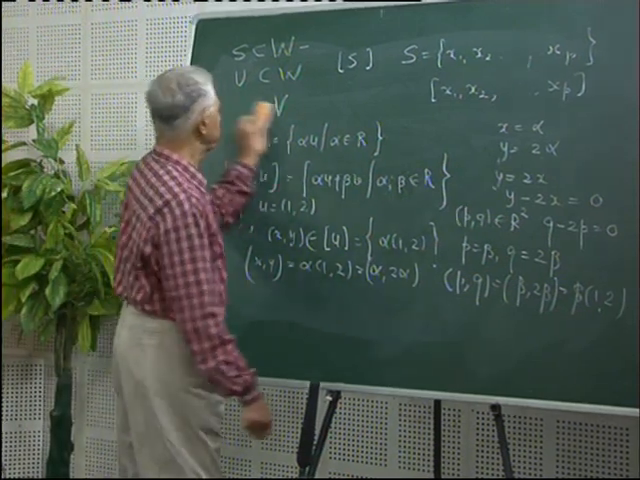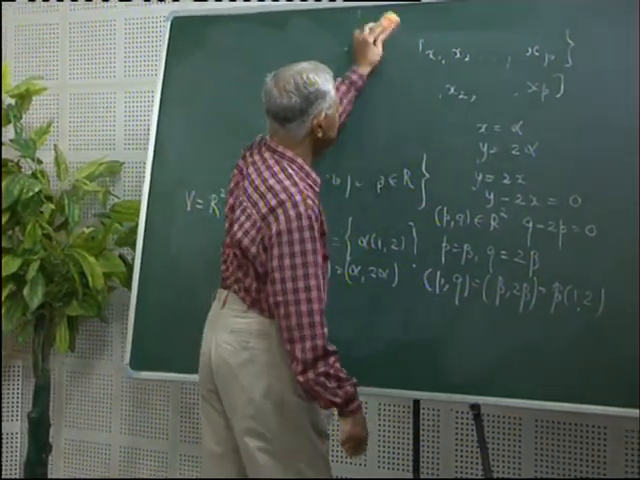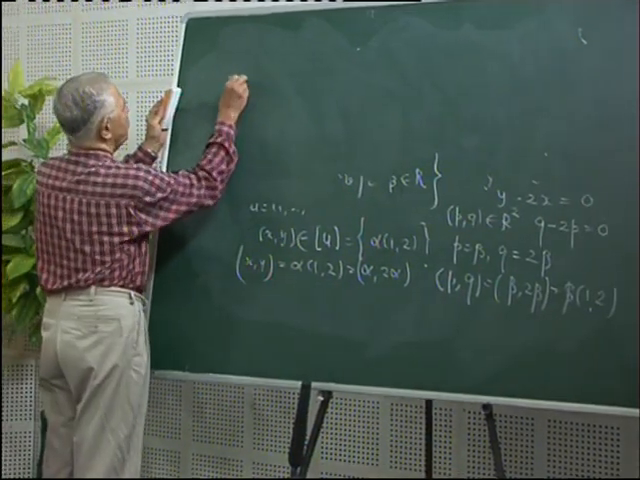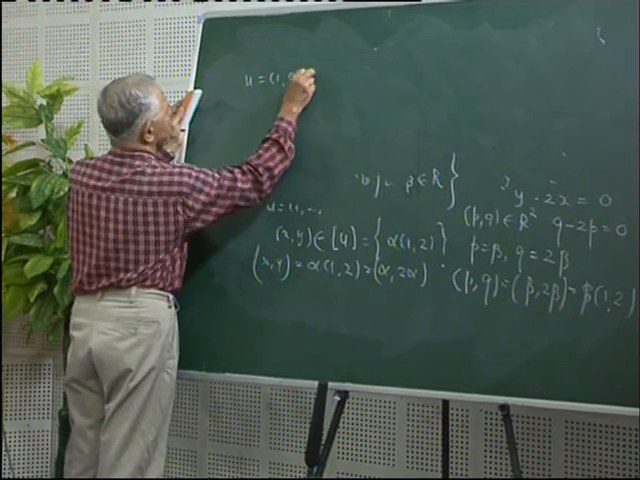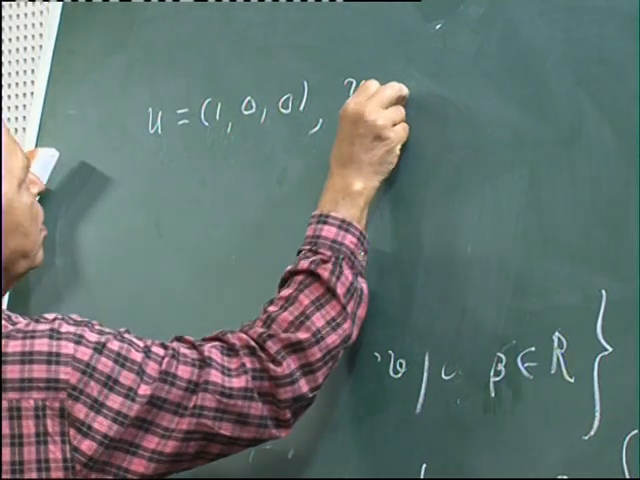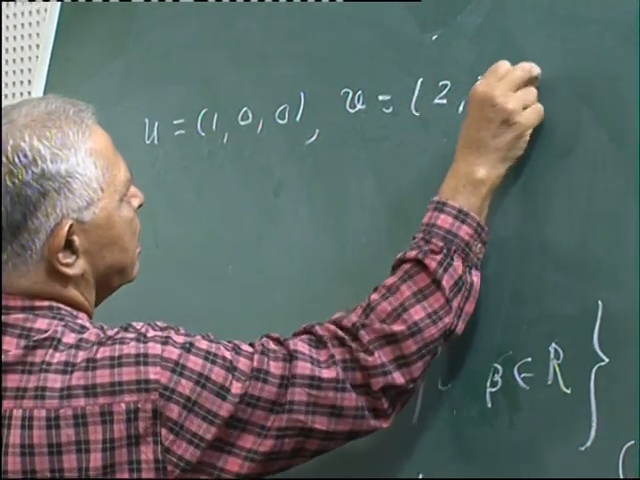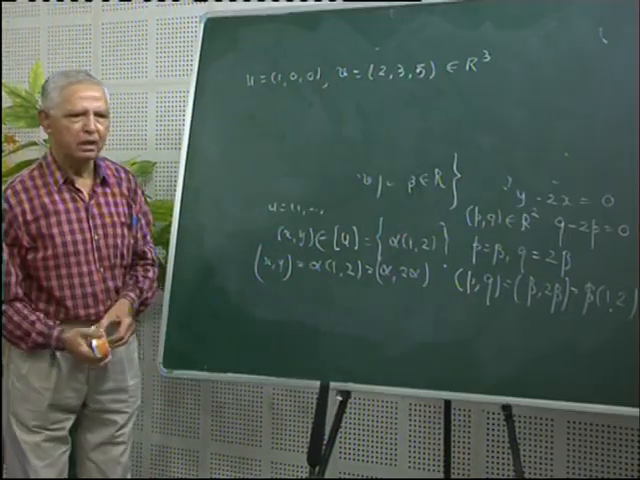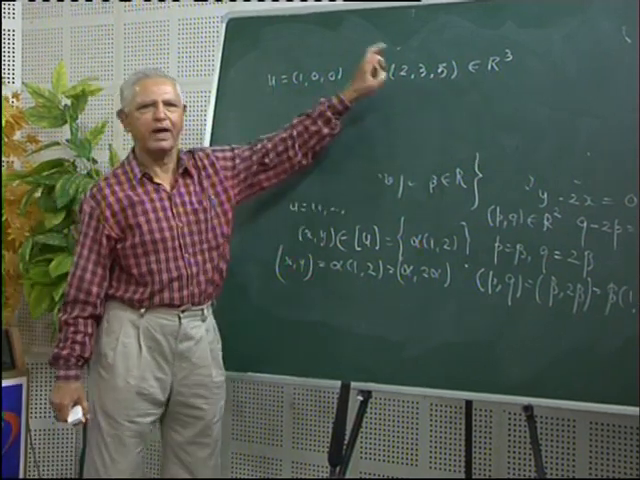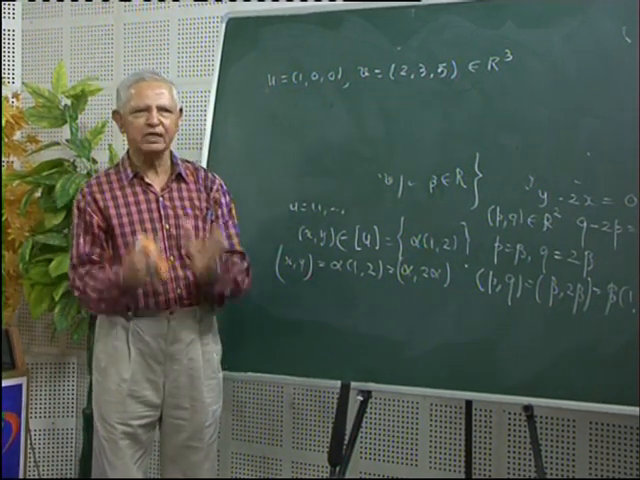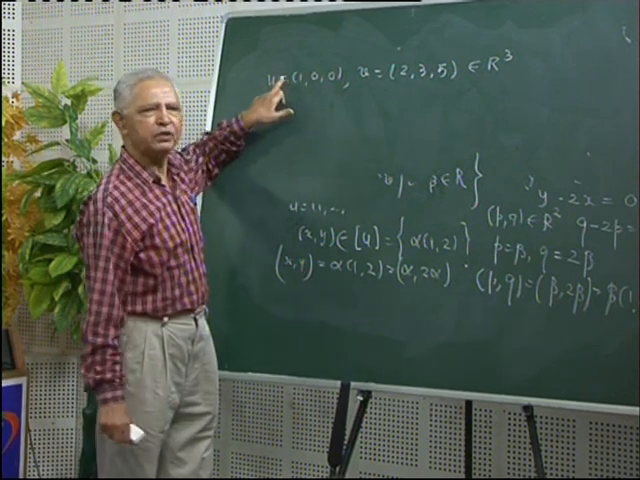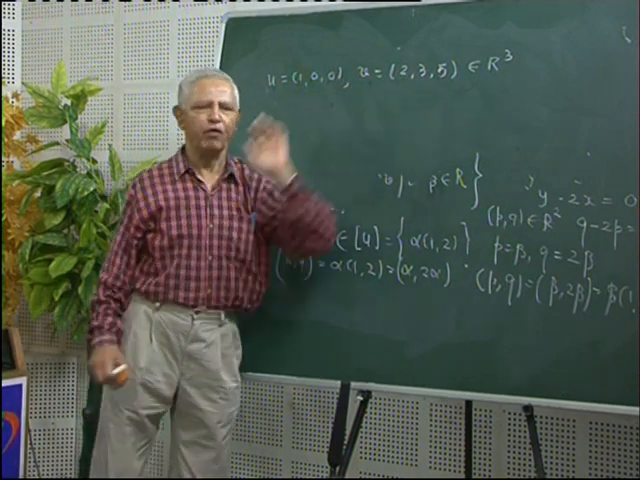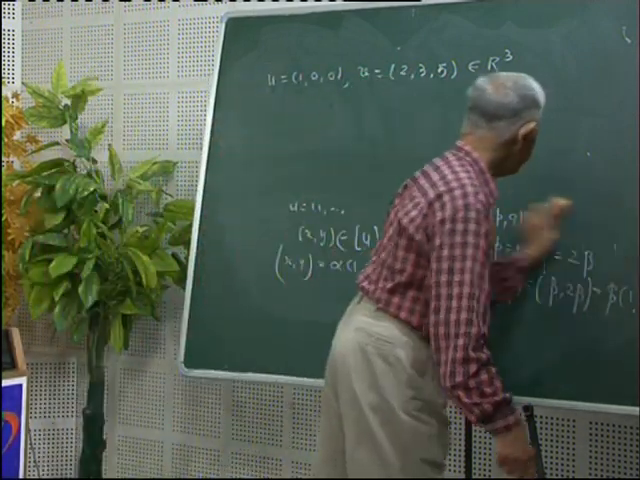I leave it to you as an exercise to show that, taking these vectors u equal to (1, 0, 0) and v equal to (2, 3, 5) in the space R3, the subspace spanned by these two vectors is a plane passing through the origin and the points u (1, 0, 0) and v (2, 3, 5). Okay, now we proceed further